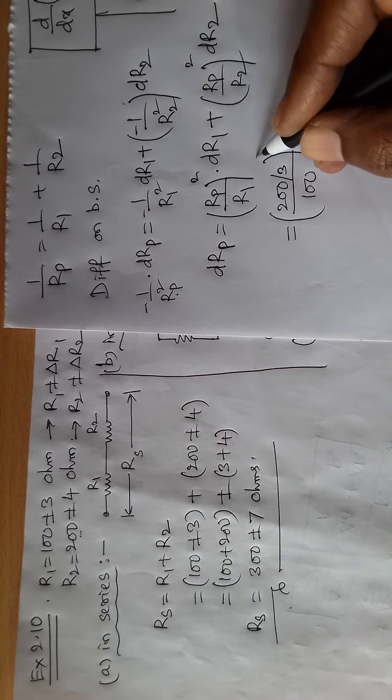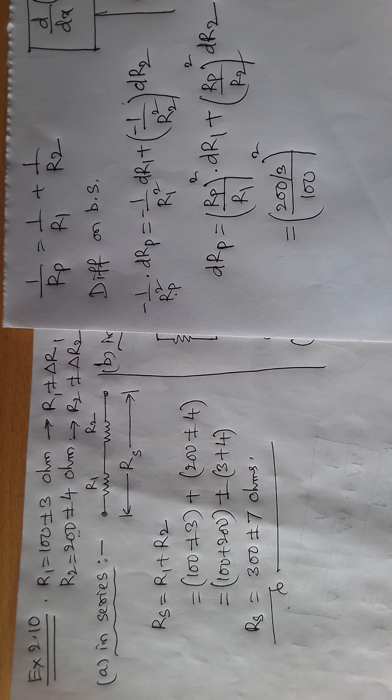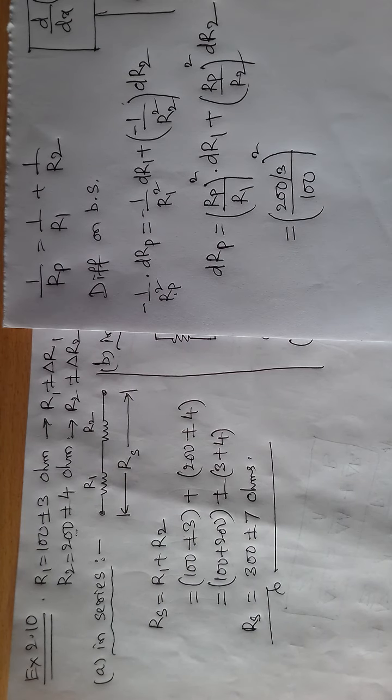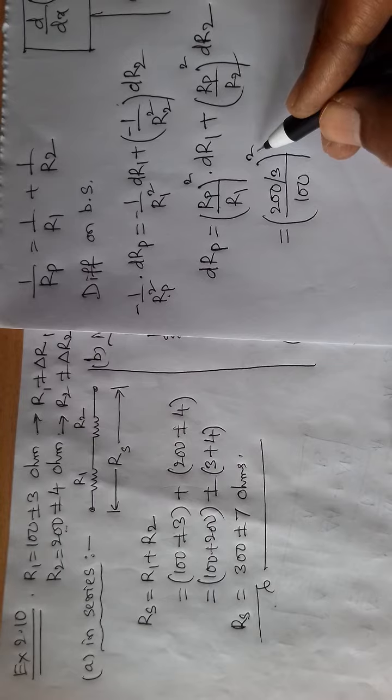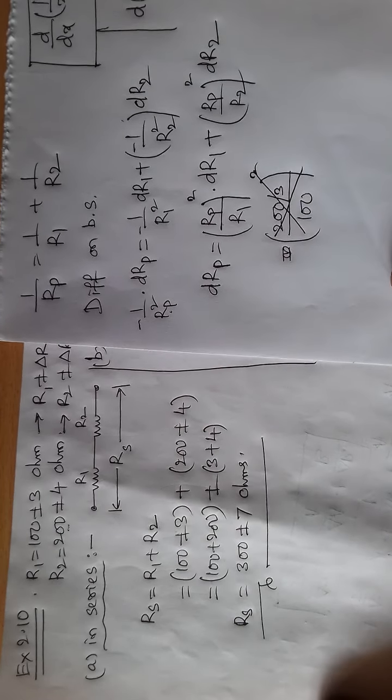By whole square. So this also can be written as this equation. Instead of substituting right now, we can write this as